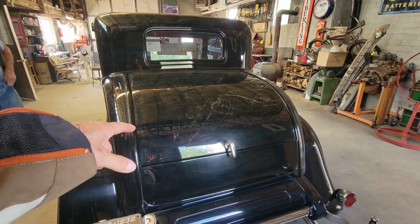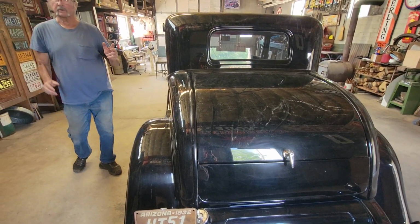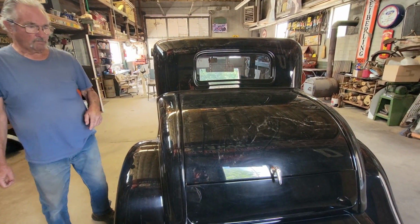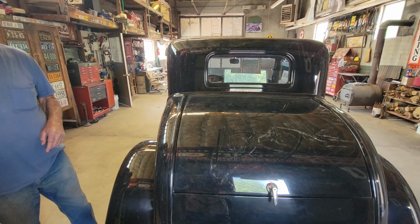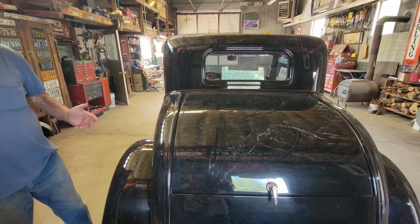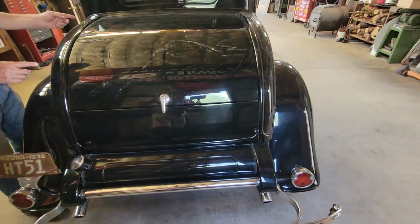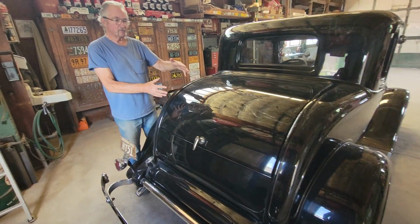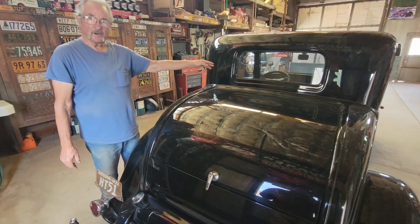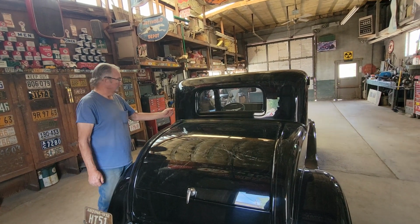vehicle. Was this cargo or a rumble seat? It could have been, when they made them, they were either way. But this was the trunk. Okay, so was it up to the consumer to say what they wanted, or is it on the lot the way that it was? I wasn't there then. He wasn't there in 1932. It was hinged either way. The rear window went down because if the people were sitting back here, they could talk. Oh, okay. How did the rear window go down? Inside. It just rolls like you're...